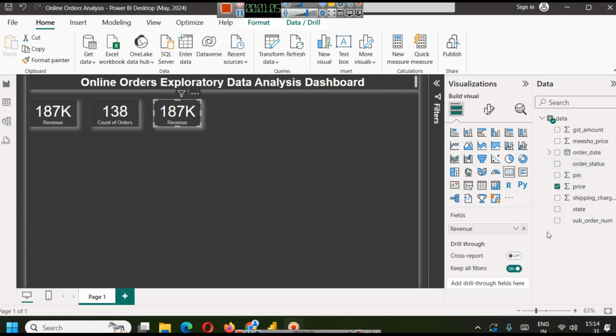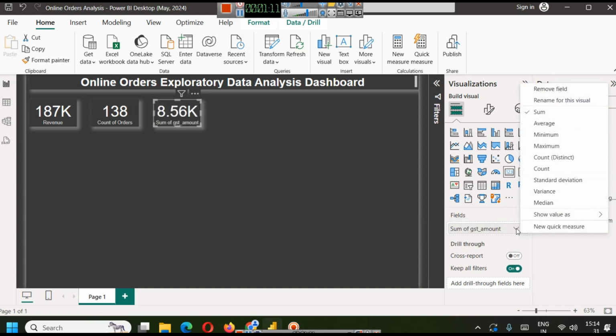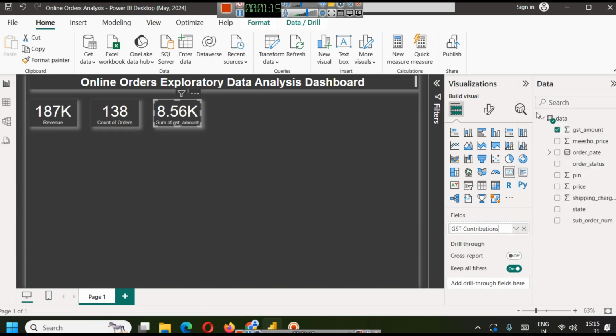So for that we will click here, remove it, and when we will track GST amount we will use sum, and we will call it GST contributions or whatever you want to call it. Now we will again make a copy of this KPI, and here we will try to find average order value. So to find out average order value,